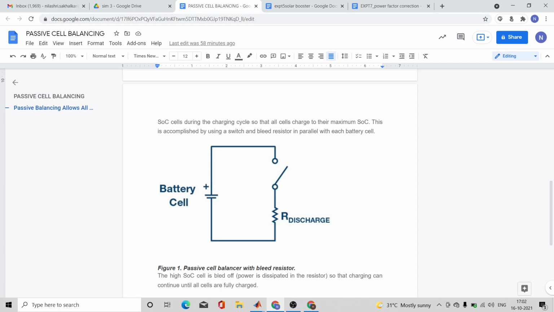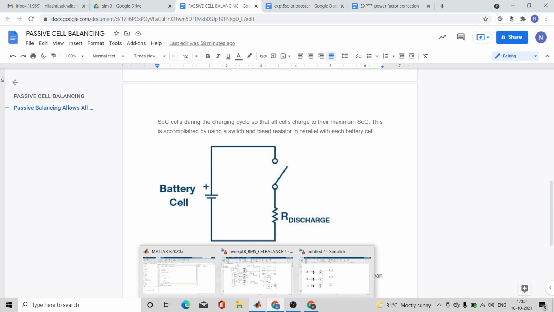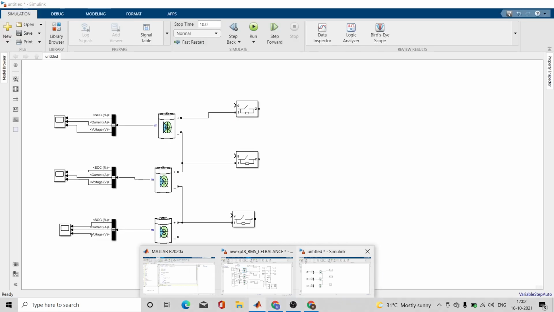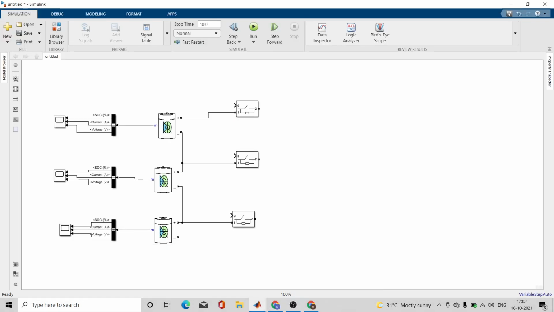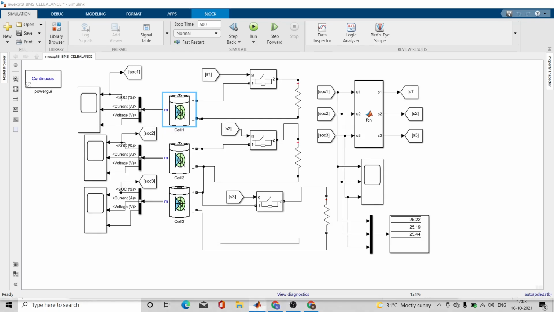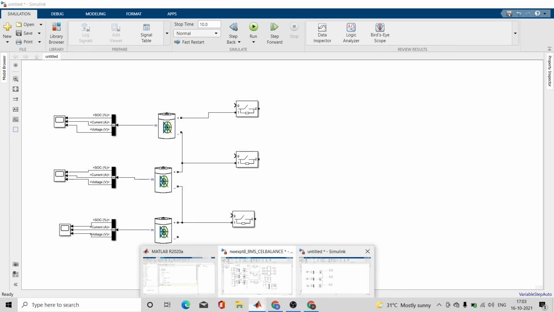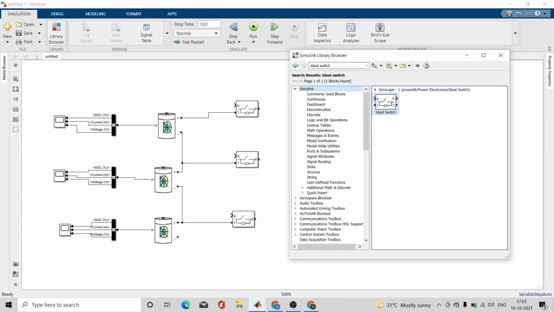Now I have to put the discharge resistor. Okay, so let us take the resistor. You can take series RLC branch like this, and you can convert it into resistor. Let me show you. Series RLC branch.